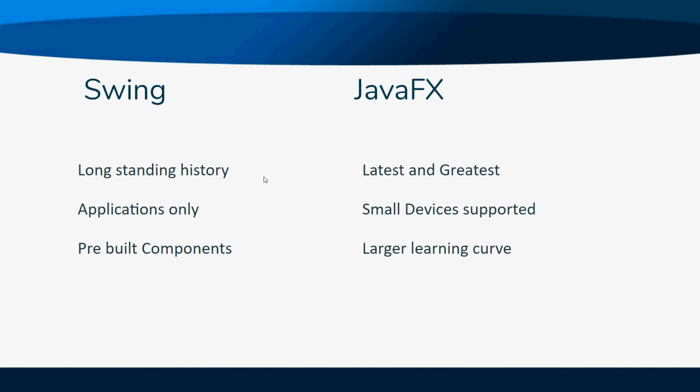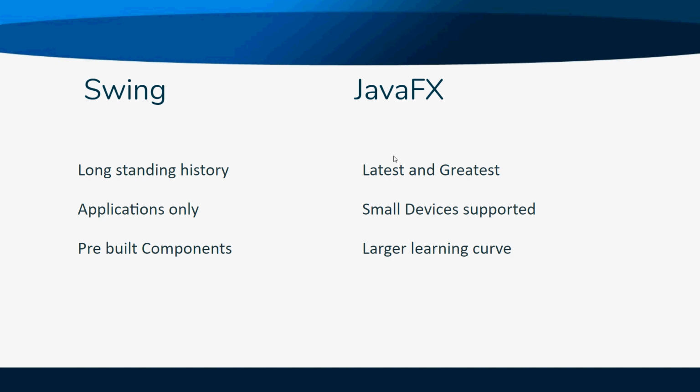All right, so Swing has been around a long time in Java. It started with something called java.awt, and these were all these components, but they only worked on Windows. So they developed Swing so it would work on pretty much any type of platform. It would work on a Mac, it would work on a PC. The problem is it doesn't necessarily work well on small devices, and so that's when